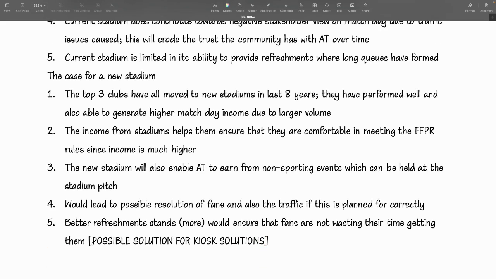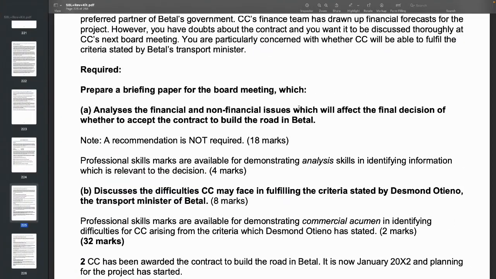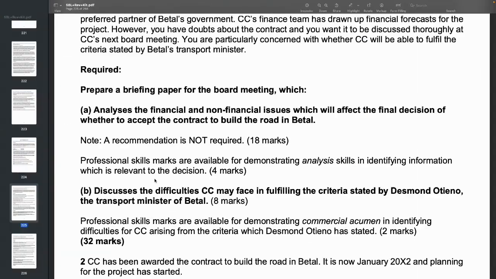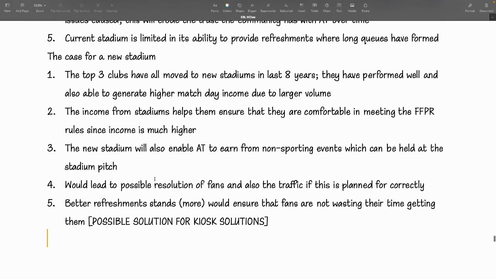So you might want to consider possible kiosk solutions for this one. So that's a possibility for this question. There is an issue for this question. Remember, they did talk a lot about the company, okay? And of course, financially,